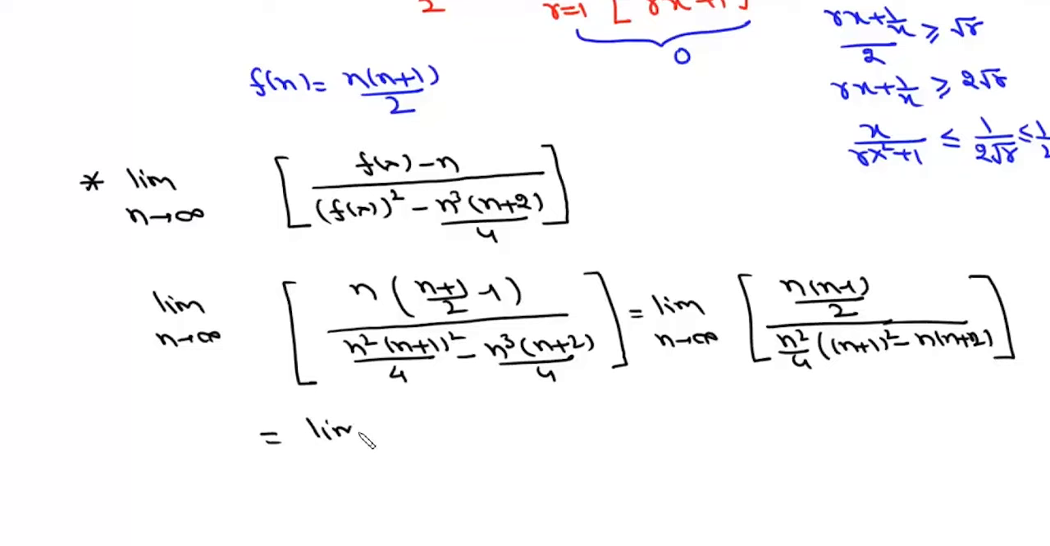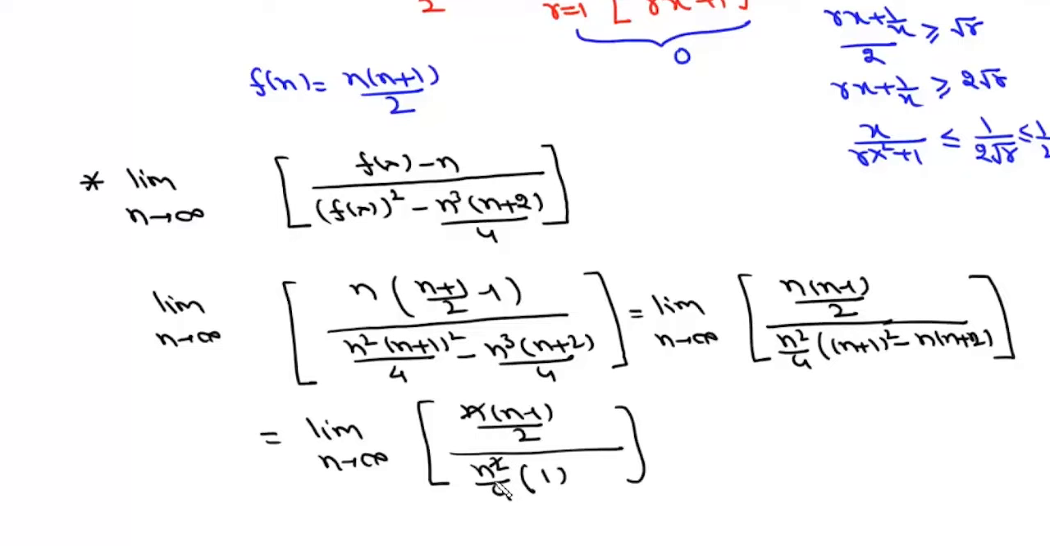Now this is limit n tends to infinity, and this is (n minus 1) by 2, and here it is n square by 4. Now here n square plus 2n will cancel, so this value will be simply 1. Now this n and n will cancel, this 2 and 4 will cancel twice, so we can write this as